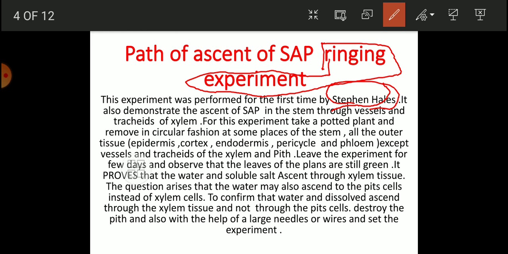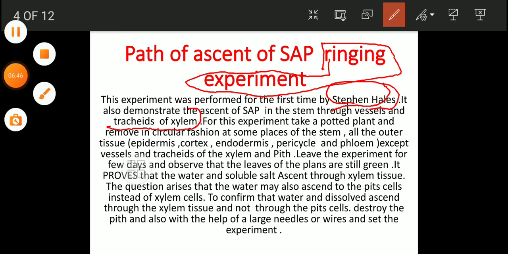It also demonstrated the ascent of sap in the stem through the vessels and tracheids of the xylem. Isn't it? Ascent of sap takes place through the stem, through the vessels and tracheids of the xylem tissue. Keep in mind. Now, what is this ringing experiment? How, with the help of this ringing experiment, will we be able to prove that